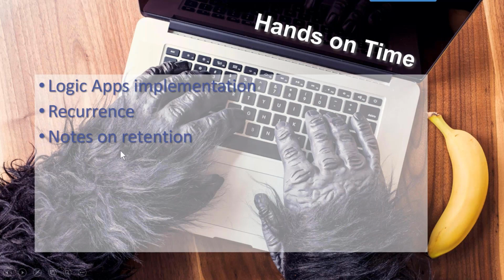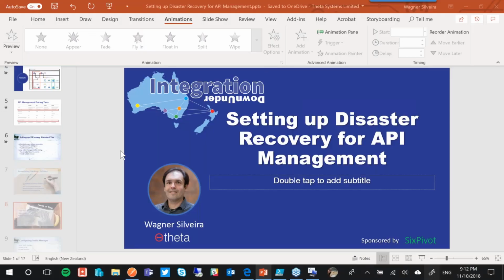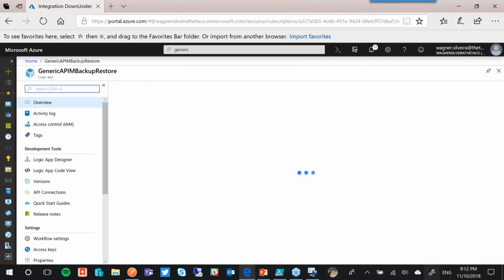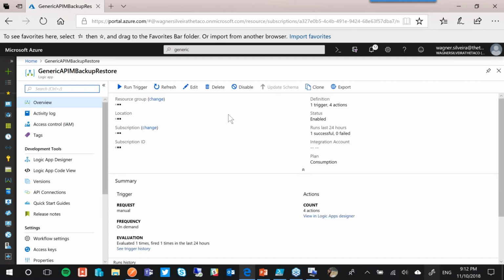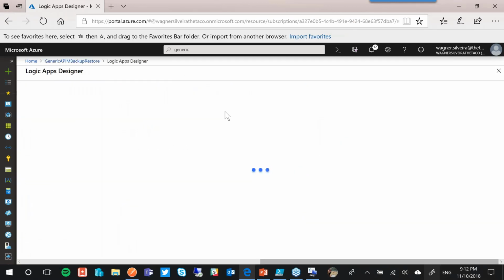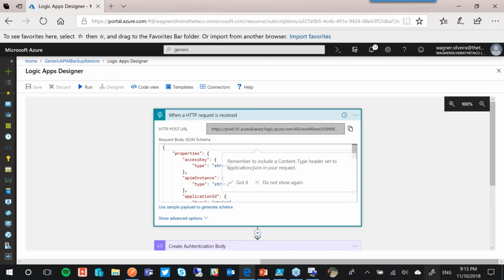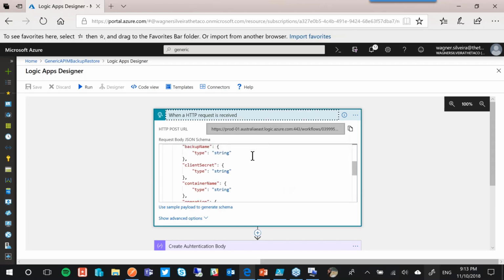So let me go down to good old Azure, and I can show you that generic API Management backup and restore. So the process is quite simple. When I receive a request, I need to pass a set of parameters here,